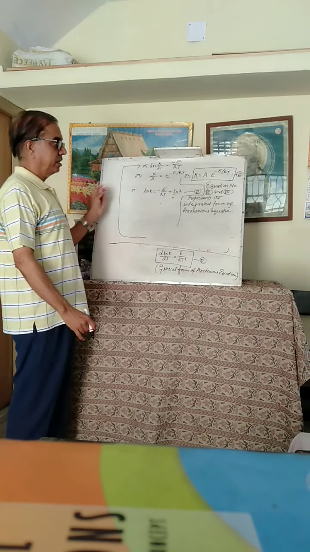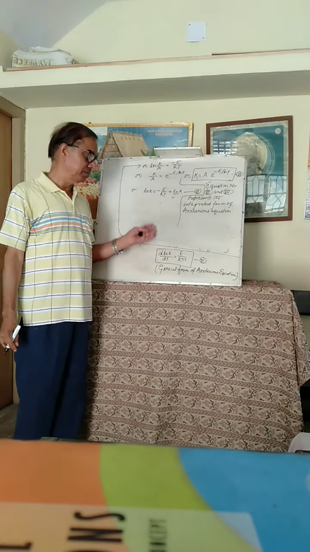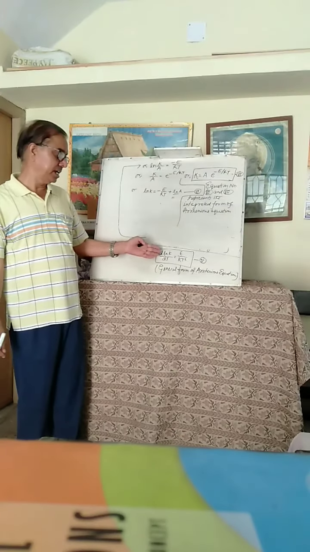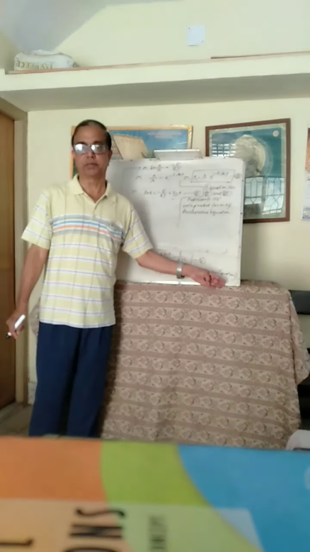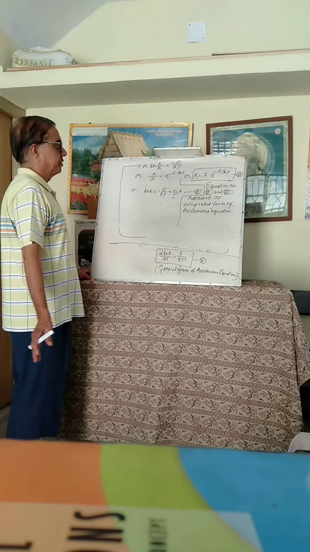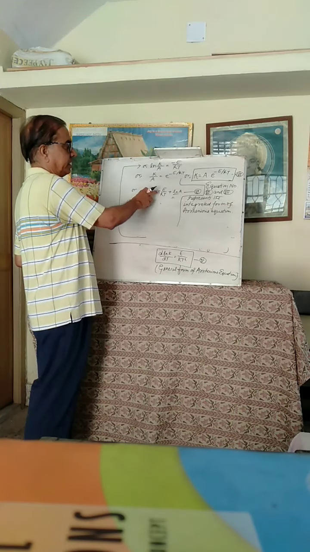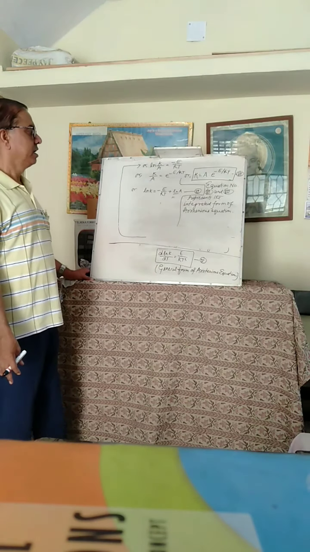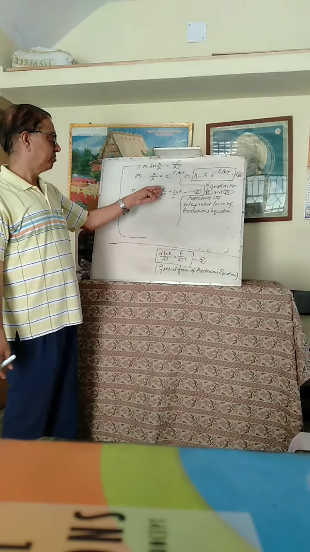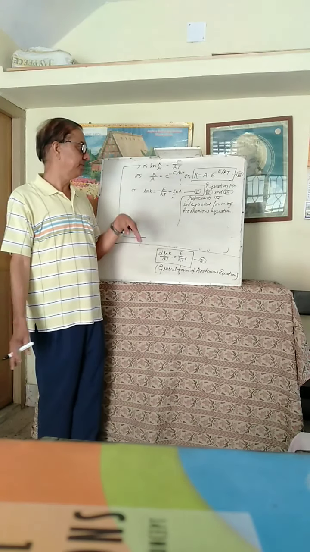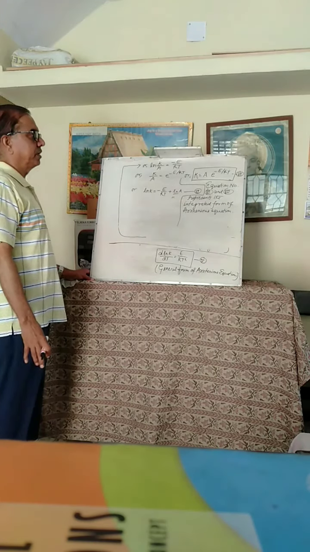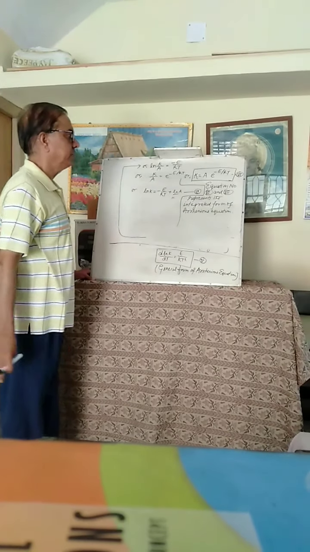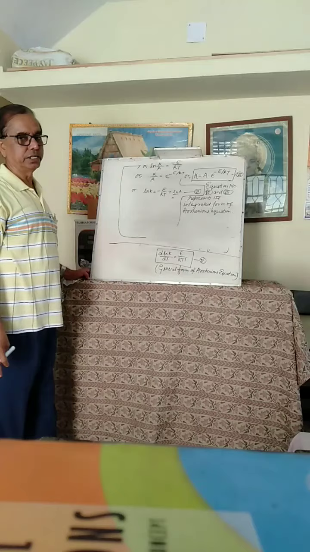Hence, there are three forms of Arrhenius equation. First was on the basis of the Van't Hoff relation. This is d ln K upon dT is equal to E upon RT square. This is the most common general form of Arrhenius equation. On solving this equation, we get ln K is equal to minus E upon RT plus ln A, and on this basis we can determine the value of E, the energy of activation, by graphical method. Further we derive this expression, which is a very important form, and these two forms, equation number 6 and equation number 7, are the integrated forms of Arrhenius equation.